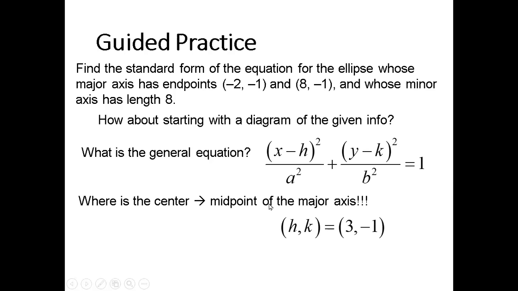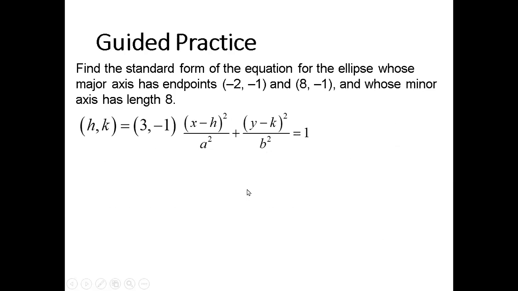Okay, by using the midpoint formula, basing from the endpoints of our major axis, we can solve it. The hk is equal to 3 and -1. So actually, the k is already given here, if you observe the properties of the horizontal ellipse. Or you can use the midpoint formula. Therefore, the value of our h and k is 3 and -1. Okay, since we already have 3 and -1, and we have the guide of the standard equation,